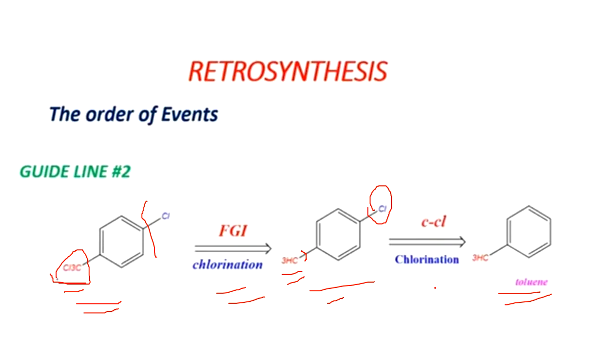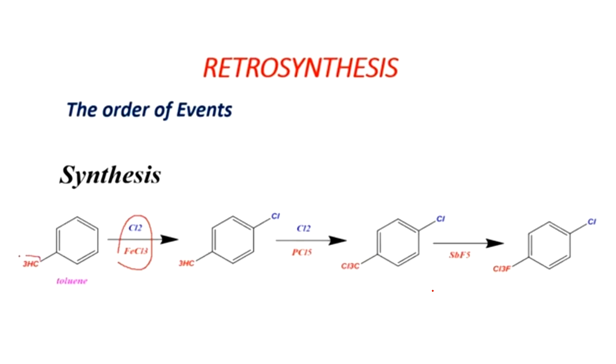So the next is synthesis. So we are getting toluene, which is a readily available starting compound. Here we are getting our toluene compound. When this toluene reacts with Cl2 and FeCl3, which is nothing but a chlorinating reagent, the reactivity of the methyl group is important. This methyl group is an ortho para directing group. So here there are 2 ortho positions and 1 para position.